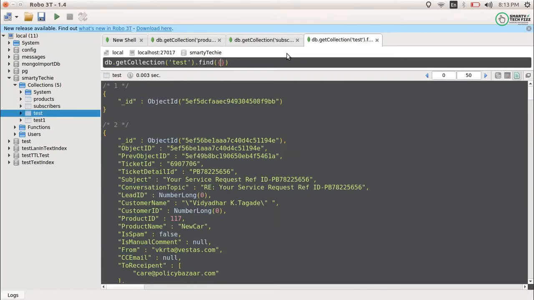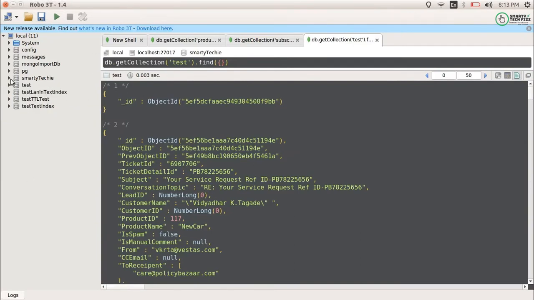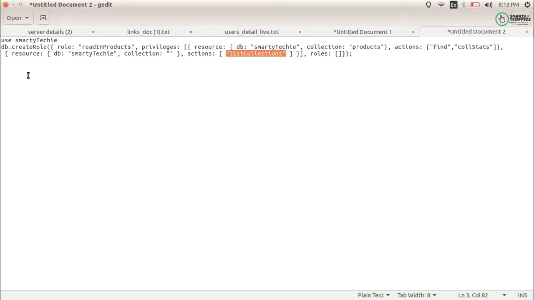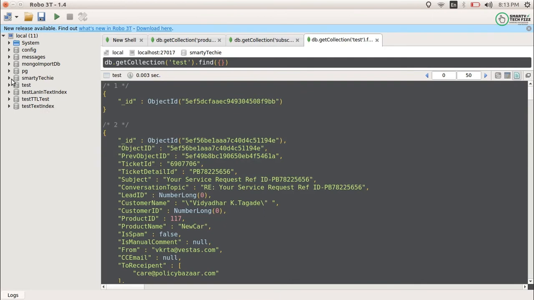Because if you use this in Robo3D or any tool, let's say you have access on Smarty Techie, when you connect using a user which has a role like this, then after connecting, when you click here, it will not be able to open the collections because we don't have permission to list the collections.